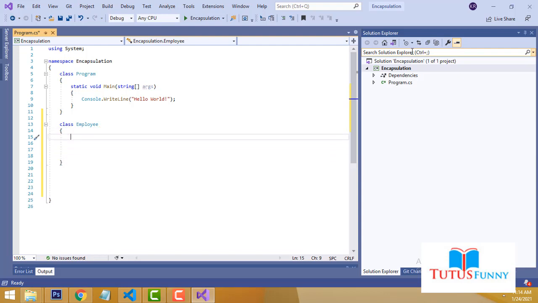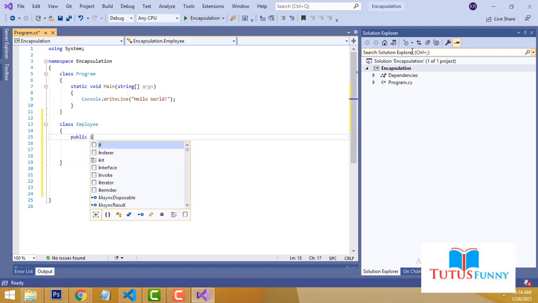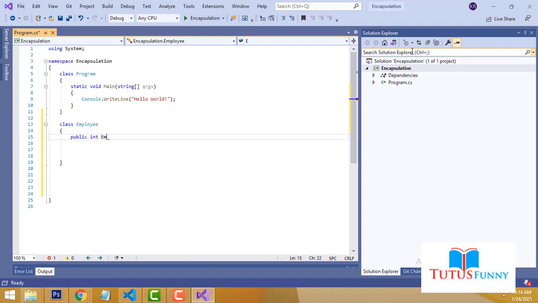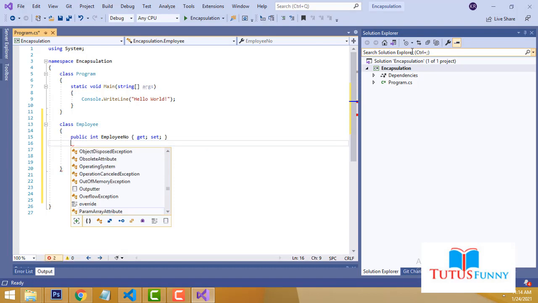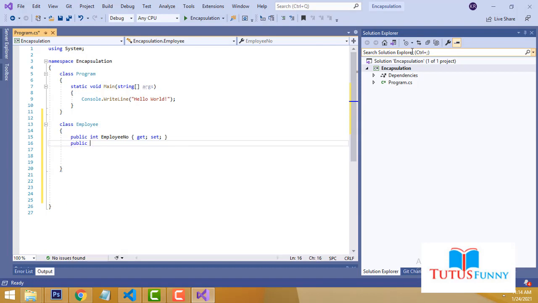Inside the Employee class I am going to create a public variable, int employeeNumber, right? Now here we have to put the get and set method. After that we have to write public int basicSalary.